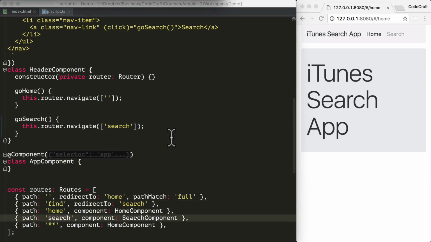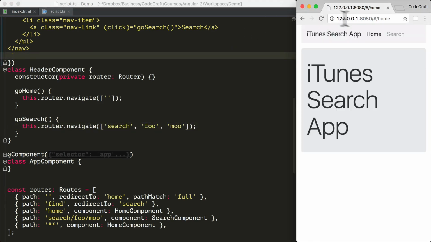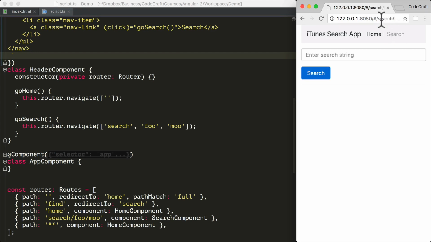So we can demonstrate a more complex link params array by changing our search route from having just a path of search to a path of search/foo/moo. And then to pass to our navigate function, we have a link params array with 3 items, search, foo, and moo. So now if I refresh our application, I then navigate to search, you can hopefully see that the URL is